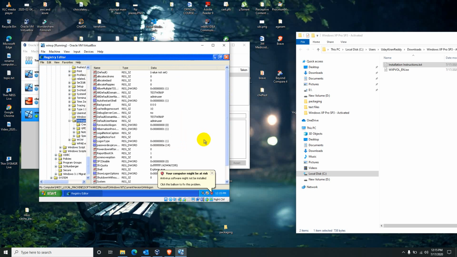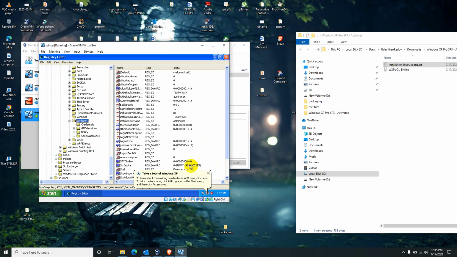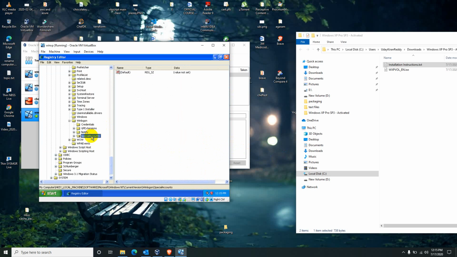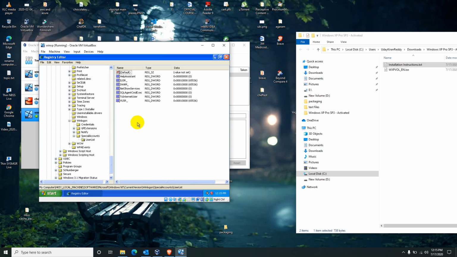Just make it full screen. And click on this SpecialAccounts. UserList. And let me keep a key named administrator, and keep value 1.